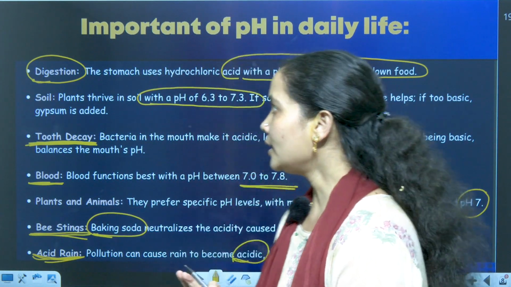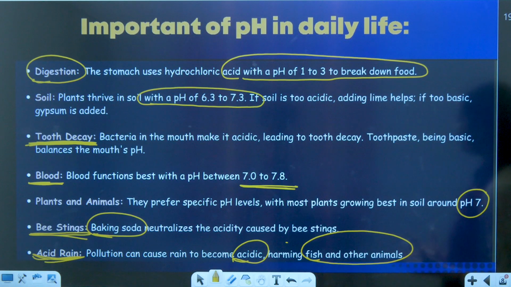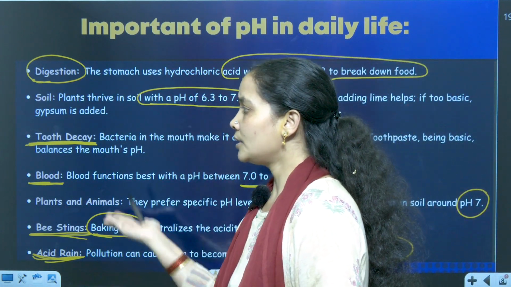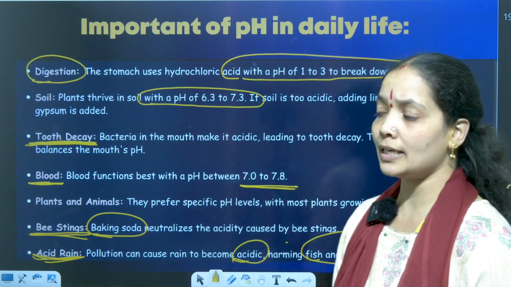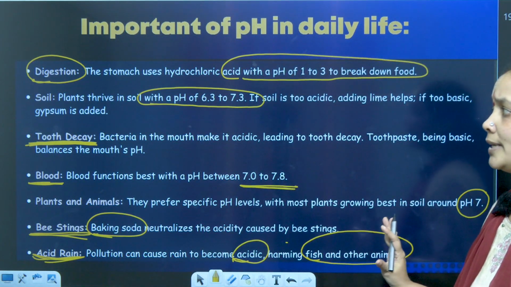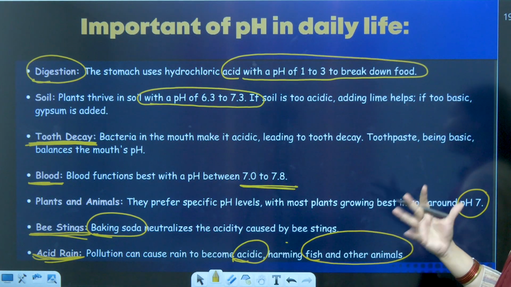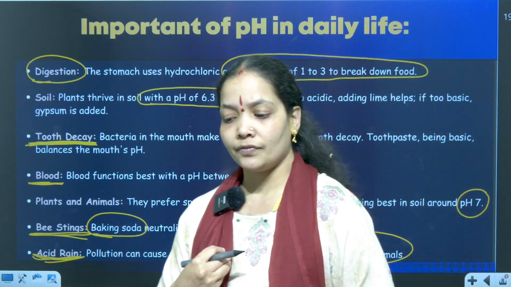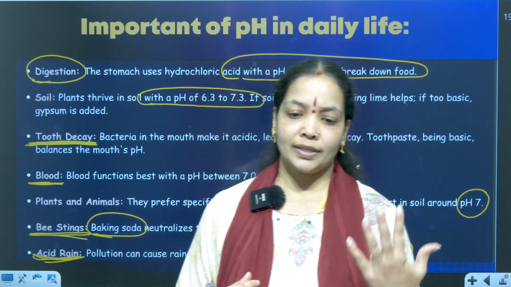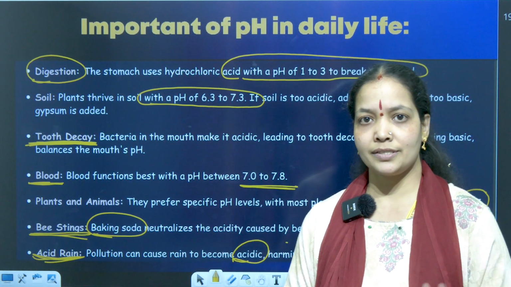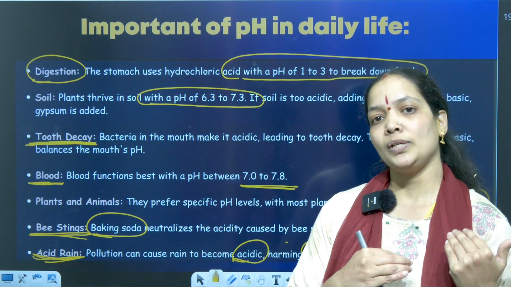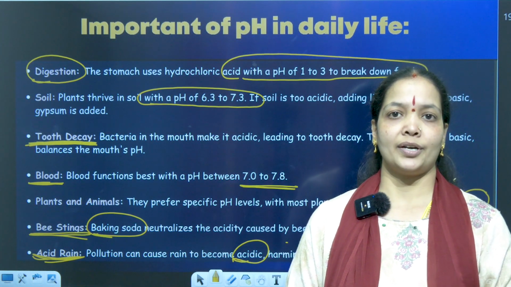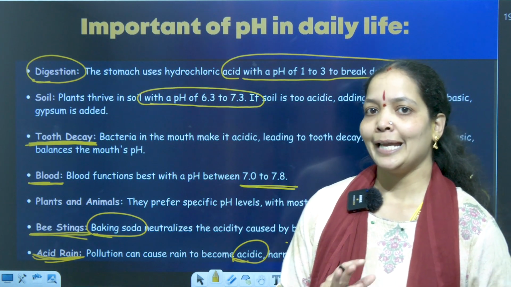So these are the important uses of pH in daily life, where we use it at different levels. These are each based on 1 mark questions as well as give reason questions. There can be a question like identify the substance which has a pH of 7, 9, 14, 1, 0, as well as which substance will be neutralized when a bee sting is liberated on your body. So those kinds of questions are important here.